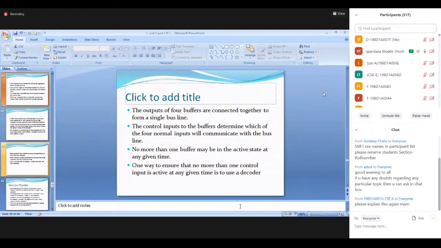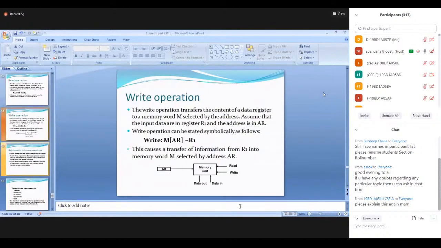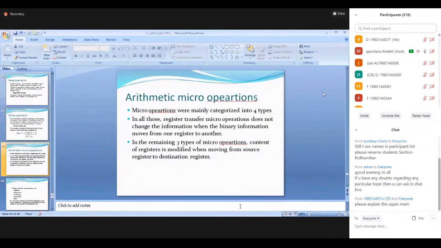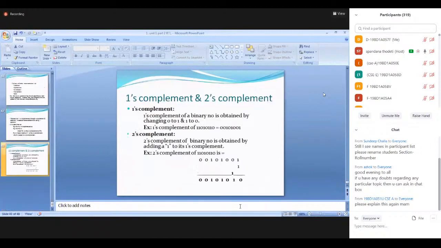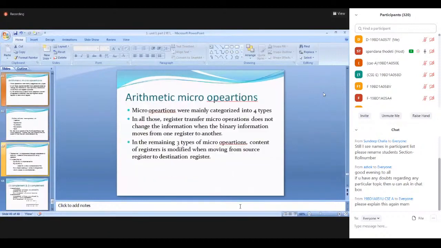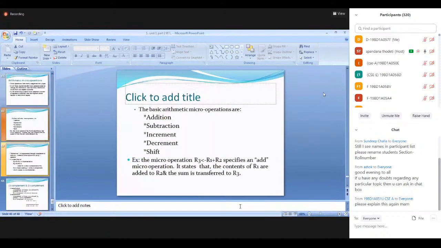Any other doubts? Any other topics? So please go through micro operations, arithmetic micro operations. We have discussed the logic circuits, right? How to perform a binary, 4-bit binary adder subtractor, and logic circuit we have discussed. The one which performs all the arithmetic micro operations. You please go through them.